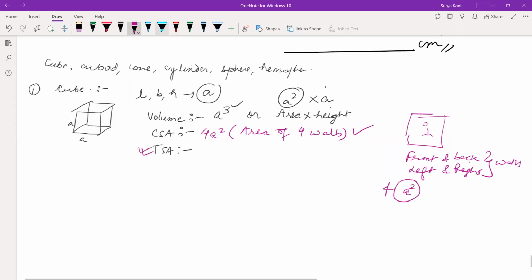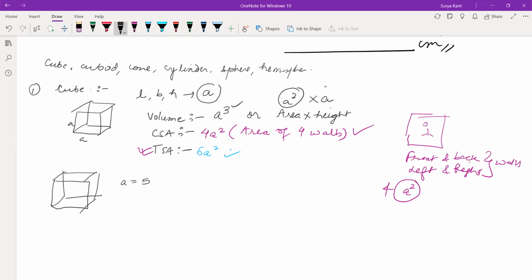Total surface area. We should calculate the up and down walls too. So what is the area of this? 6a square. Okay. Now I'm asking one question based on this. A cube is there, having side A equal to 5 centimeter. Find the surface area of the cube